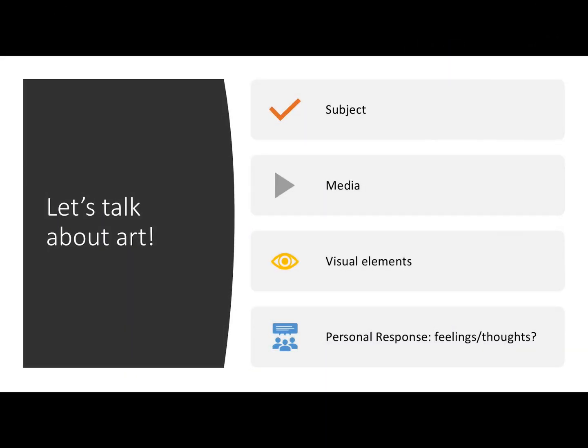Hello there and welcome to this week's art lesson. So we're going to start off as we normally do by looking at a piece of artwork, and we're going to talk about the subject, the media, the visual elements and your feelings and thoughts about the piece of artwork. So let's have a look at today's piece of artwork